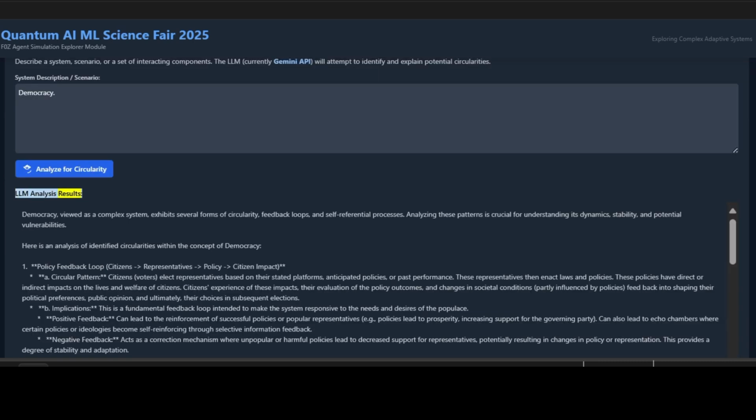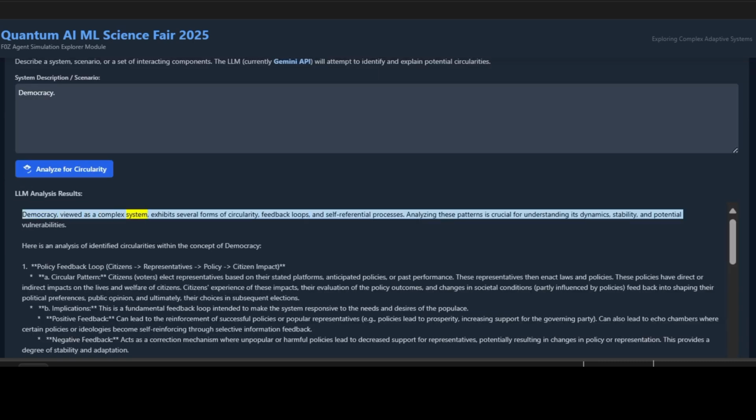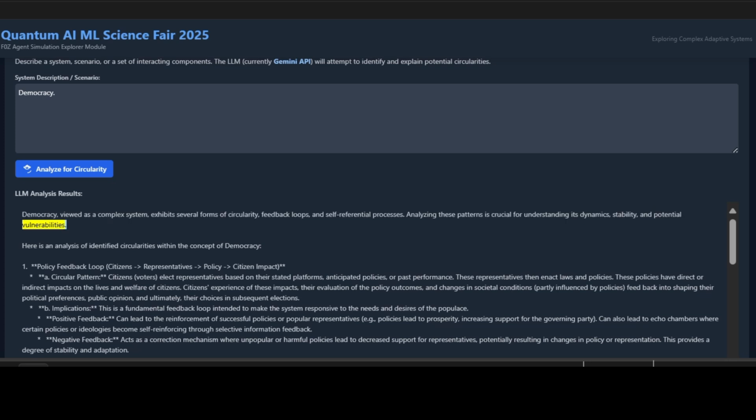LLM analysis results. Democracy, viewed as a complex system, exhibits several forms of circularity, feedback loops, and self-referential processes. Analyzing these patterns is crucial for understanding its dynamics, stability, and potential vulnerabilities. Here is an analysis of identified circularities within the concept of democracy. 1. Policy feedback loop,